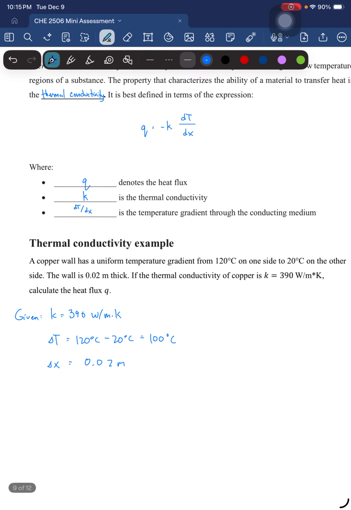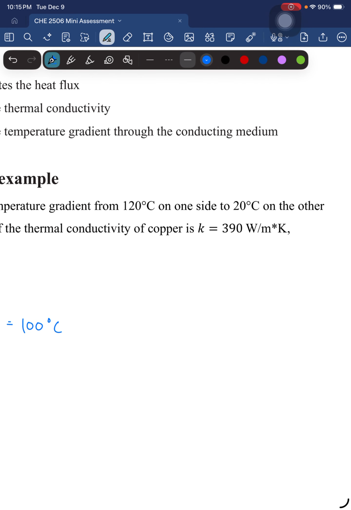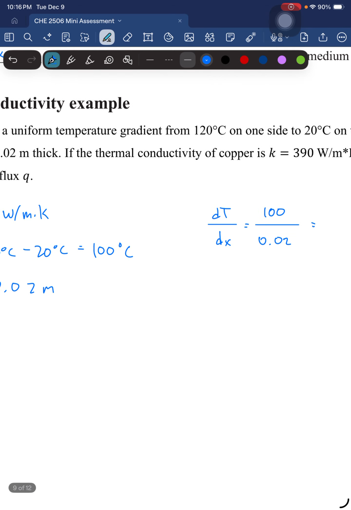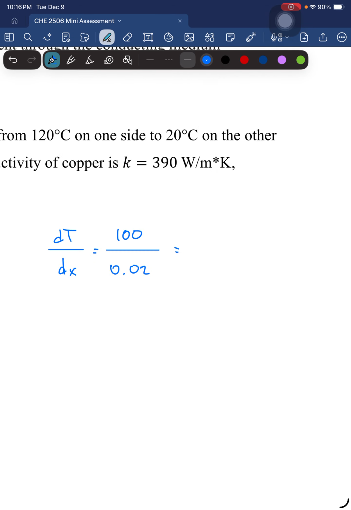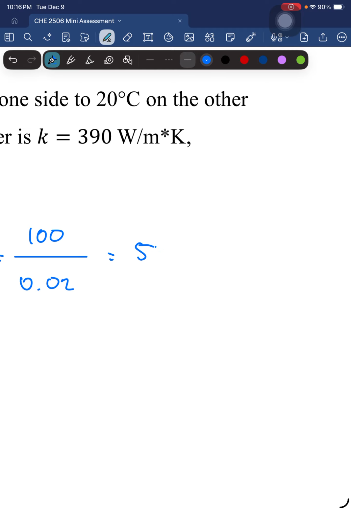To make things easier, we could calculate the temperature gradient first, so we can just plug that in later. So dT over dx would be 100 divided by 0.02. That would be 5,000